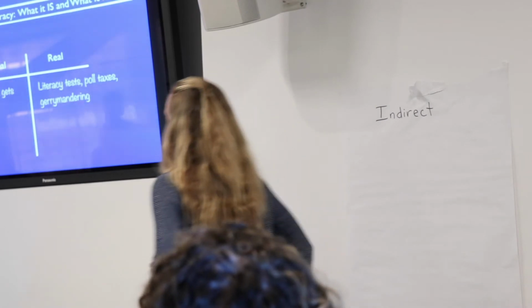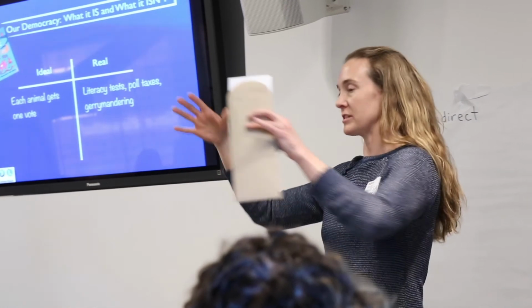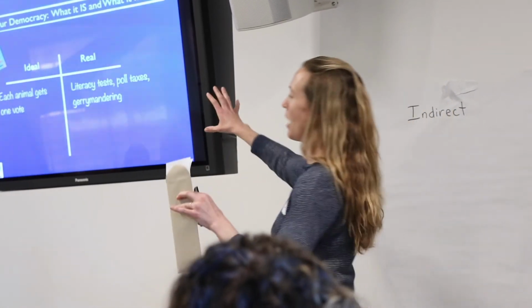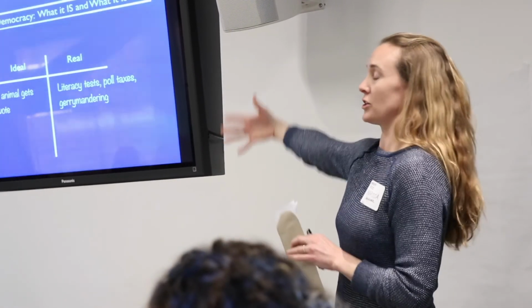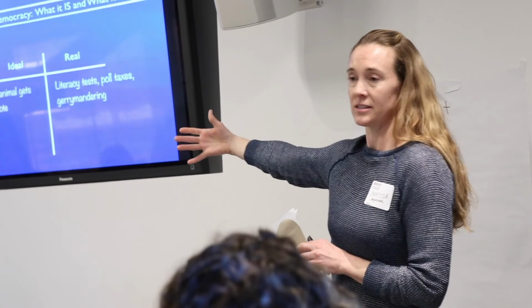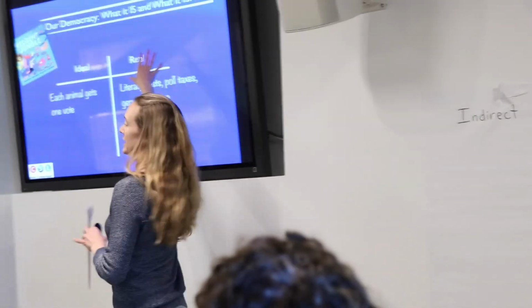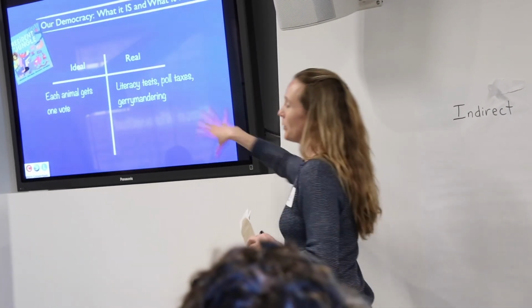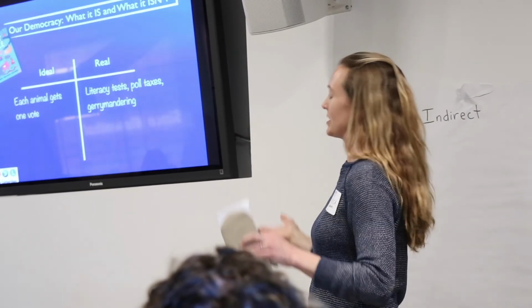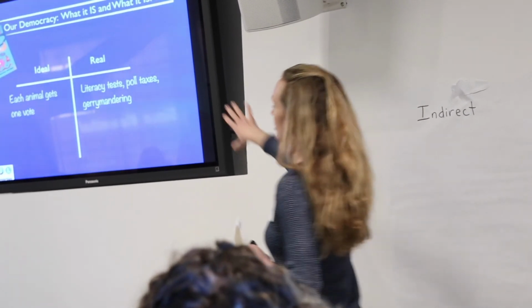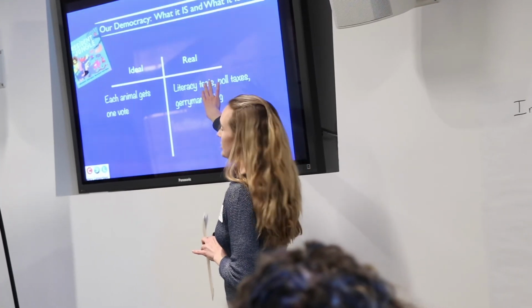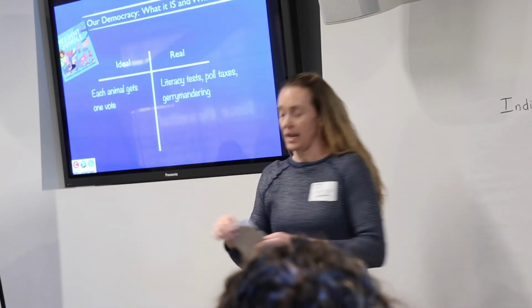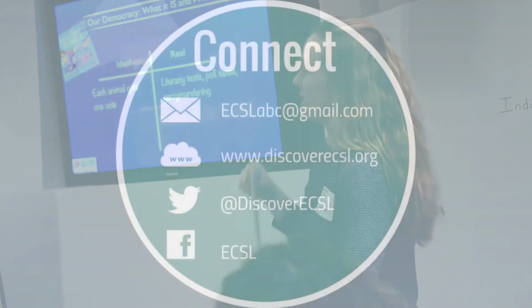So what we want to do now is, when you think about the timeline downstairs, we were talking about how we're going to look through diversity, we're going to look through rights, and this was how we were looking through what our rights are within a democratic system. But now we need to turn to the intolerance and the injustices. That's what this real versus ideal was meant to begin the conversation around, but we're still within that education phase, the investigation phase, where we can start to look a little more deeply at what some of the injustices are within the democratic system, and how you would then be a little more educated to take that knowledge back to your